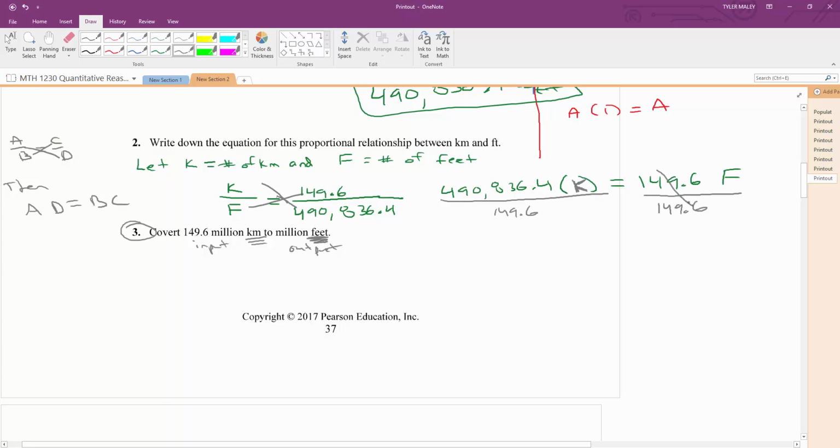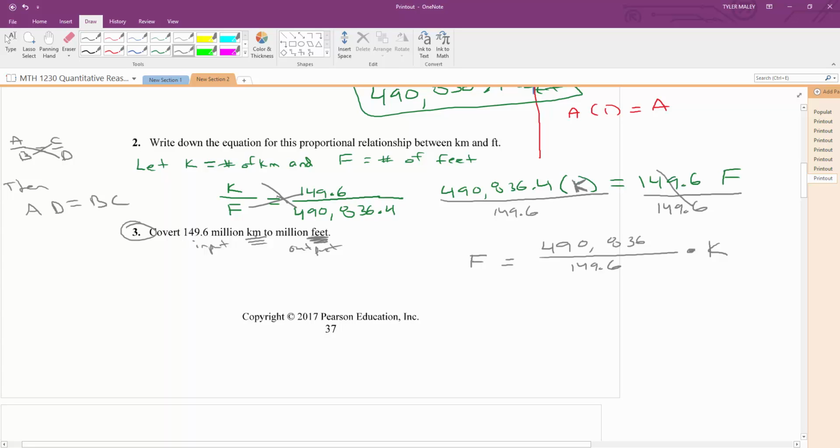So this becomes 1, right? So what I'm left with is f equals this left-hand side, 490,836 K, all divided by 149.6. And if you want, you could take K and leave it out here, so we have f equals some constant times K. Now if we look at number 3, I want to convert